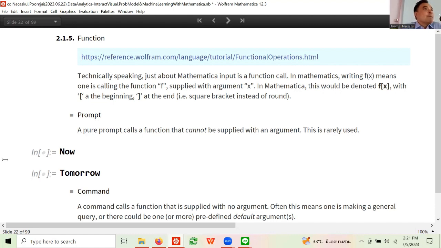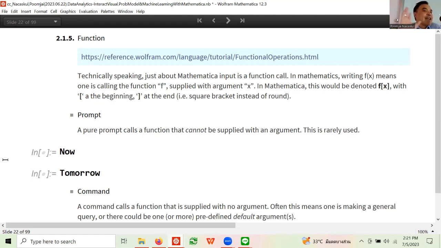Okay, so actually there are some functions that cannot take an argument. Not that it doesn't have a default argument, it cannot take an argument. Why? Because it's very definite. There's no ifs, ands, or buts about it. For example, if I want to know what time it is right now, on this computer, there's nothing else to specify.